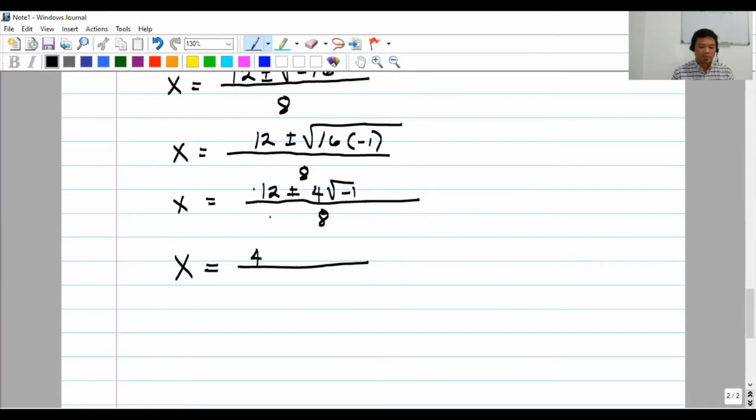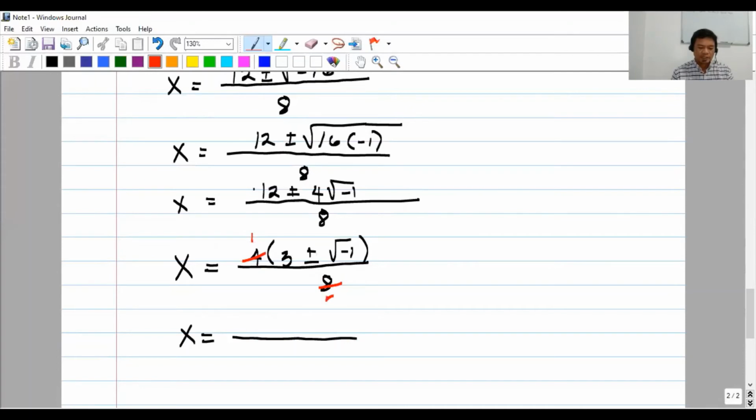So 4, 12 divided by 4 is 3, plus minus 4 divided by 4 is 1, times the square root of negative 1 all over 8. And x is equal to, okay, our 4 and 8 can be divided by 4. So we have cancel